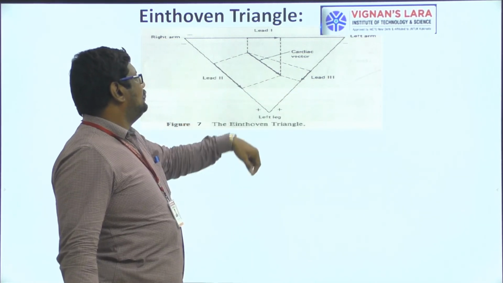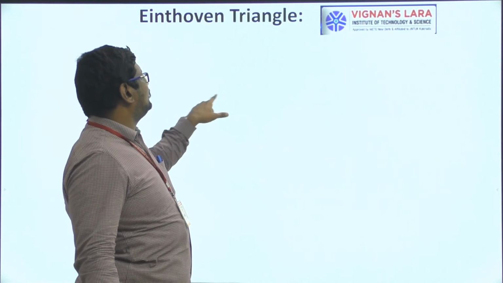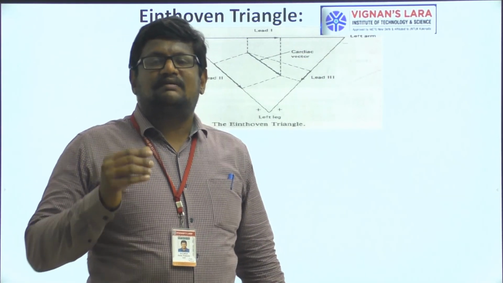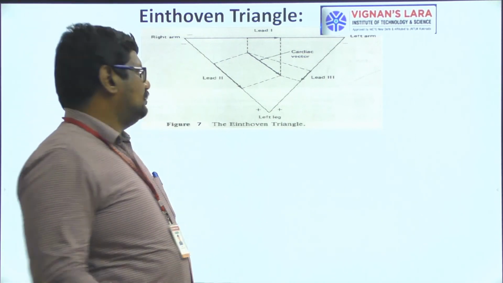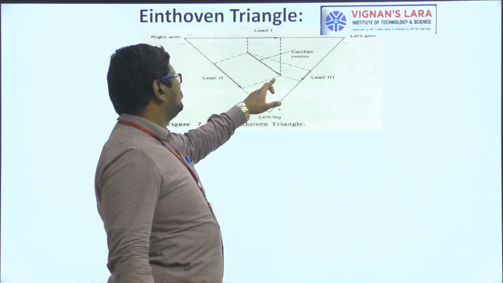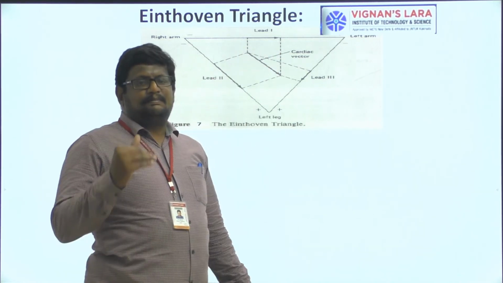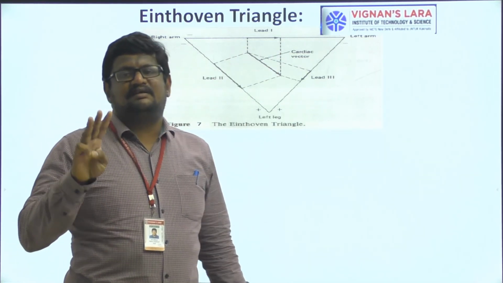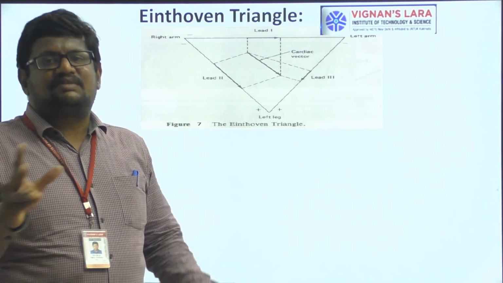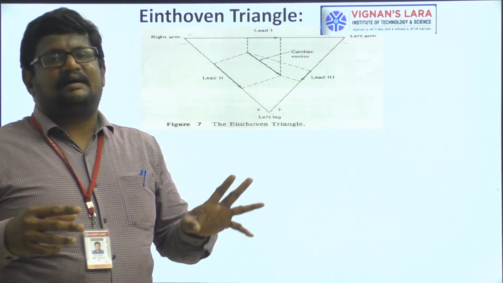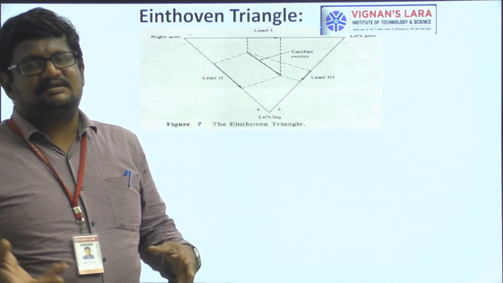Okay. So whenever you want to find out the cardiac vector, what is the cardiac vector? Cardiac vector is nothing but the actual value of ECG at that particular point. So this is a cardiac vector. The cardiac vector can be drawn from any 2 lead systems. In the previous slide we studied 3 leads. In a bipolar lead system, 3 types of connections are made, out of which any 2 can be taken to draw the ECG, to obtain the ECG at a particular point.